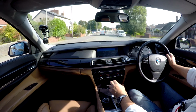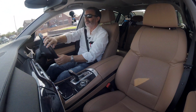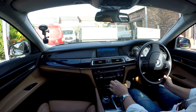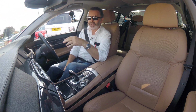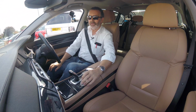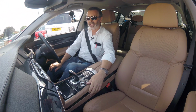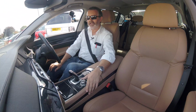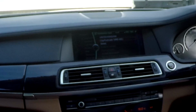Here we are back at the garage. Okay, I'll just show you how to set the sat nav in this BMW 750. So from any screen, click the nav button there. See the selector, click it to the left, click it to the left again, and then up to destination input, postcode,